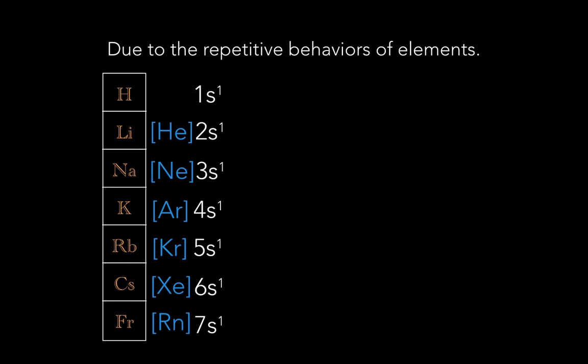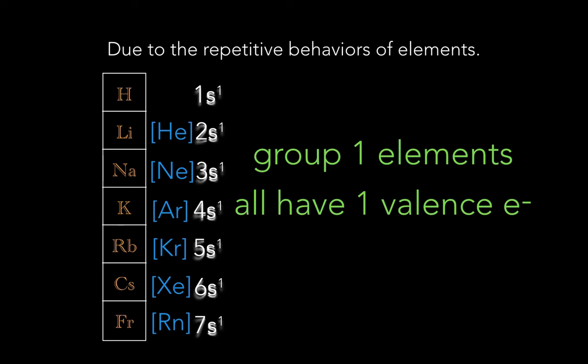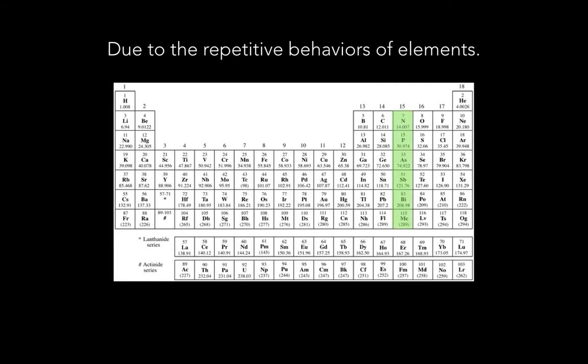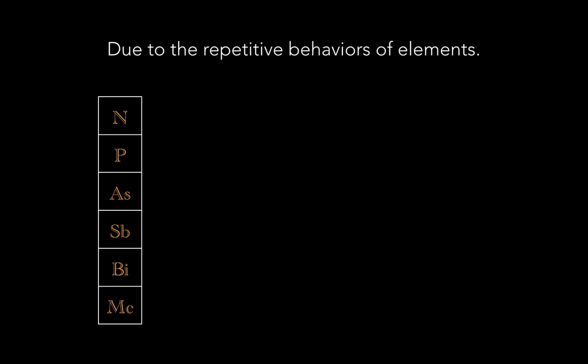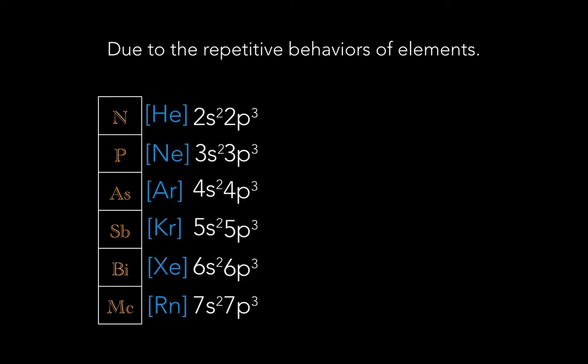Now, going down the line, these behaviors actually intensify as you go down. Okay, so group 1 elements all have one valence electron. That's why they all have similar behaviors. So let's look at another group, group number 5, your nitrogen group. Okay, also same thing, and this is true for each element in the main group elements. As you go down the line, you're going to notice that they all have the same valence electrons. So look at nitrogen, phosphorus, arsenic. They all have 2 electrons on the s orbital and 3 in the p. So they all have the same electron configuration. Okay, each group does, with the exception of the transitional metals.